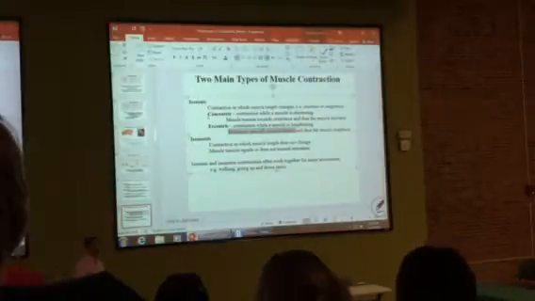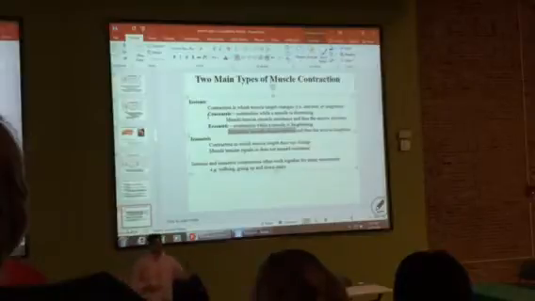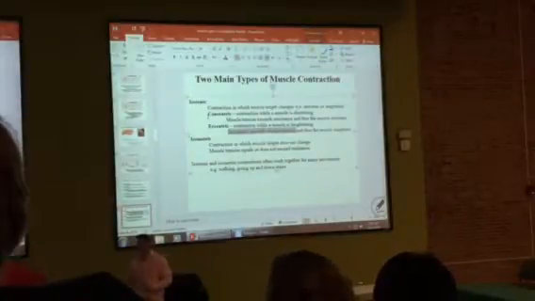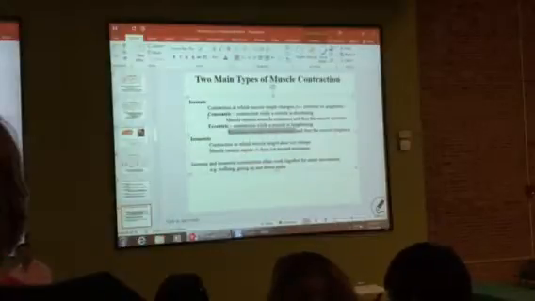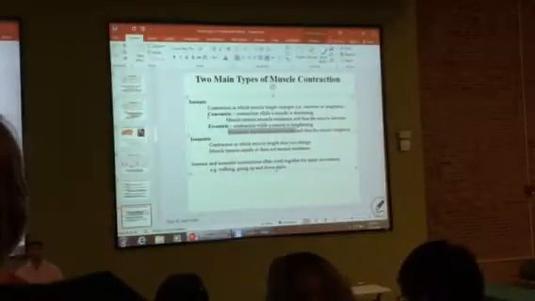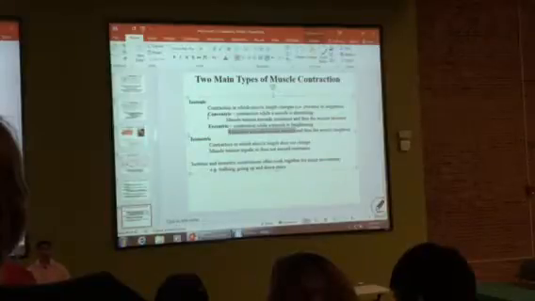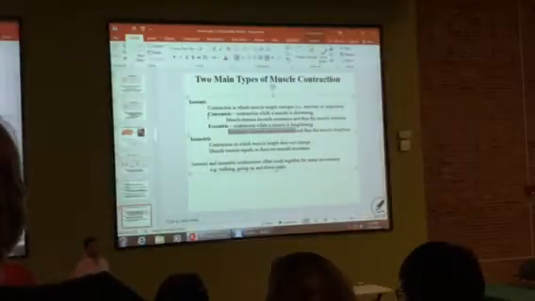Don't just go on the exam, see a movement, and go on autopilot and say that's concentric. Know which muscle it is, and know what the muscle does. You guys have to know that. This is ANP, so I'm assuming that you know what muscles do because you're learning it in lab. All right? So if you know what the muscle does, and you studied it, then you can get concentric, eccentric along on the exam. All right? So that's concentric and eccentric.